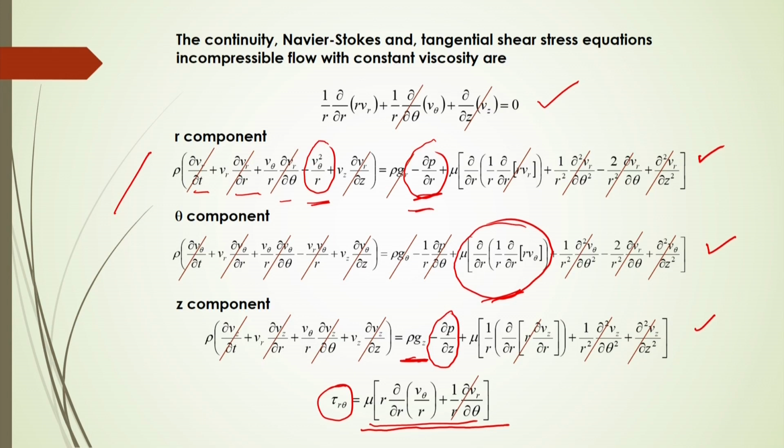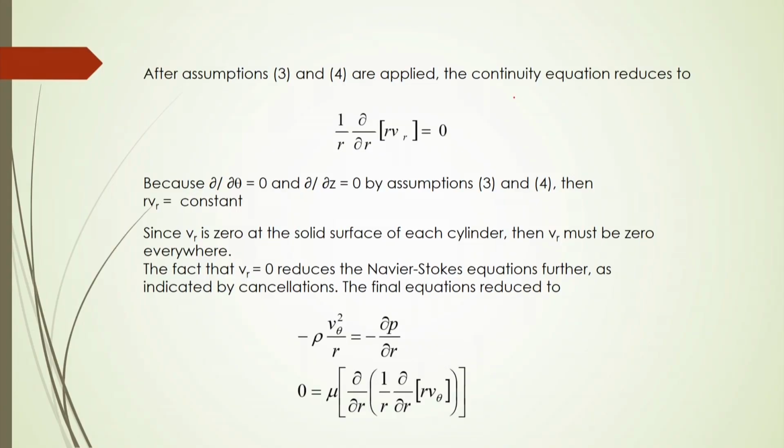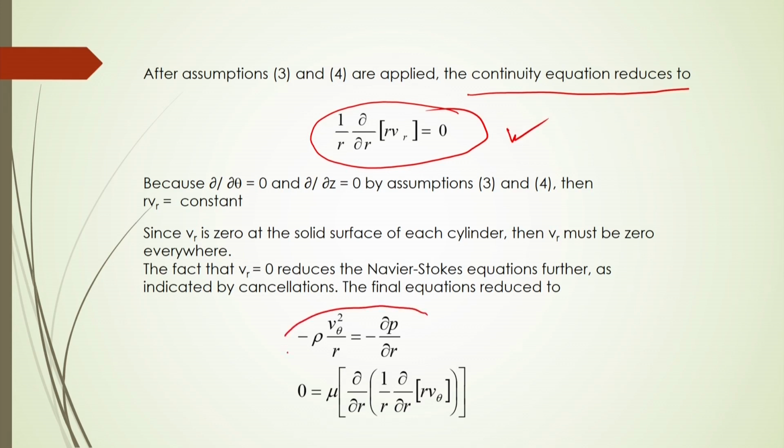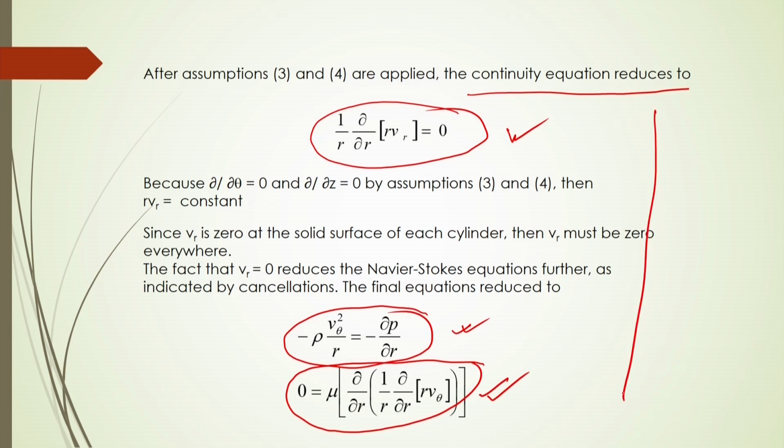The velocity distribution, pressure change, all these things will be presented in the next class with an example. Finally, you get the continuity equation reducing after simplification to this equation, and here this is the pressure, and this will be your viscosity based on the V theta component. Based on this we can then obtain the governing equation, the final form of the equation for pressure and the components of velocity in the r and theta directions.